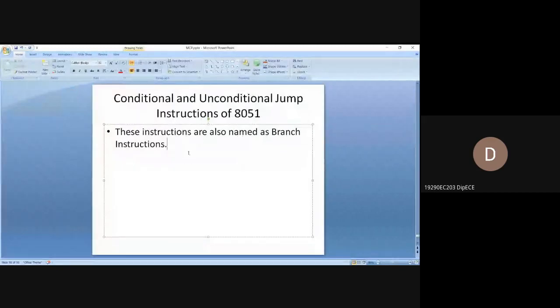Okay, so that is about jump instructions or branch instructions. Jump instructions or branch instructions are of two types: conditional jump instructions and unconditional jump instructions. Conditional jump instructions mean the jumping of the processor to some other part of the program will be performed only after a particular condition is satisfied.